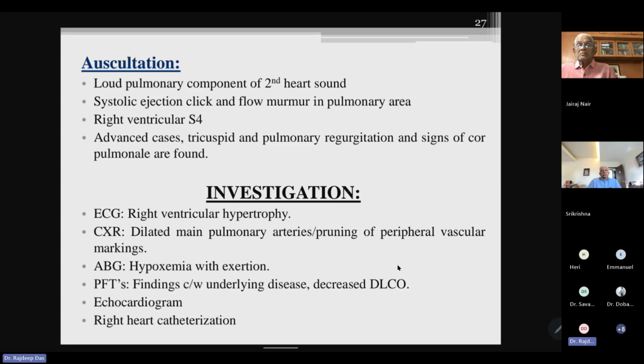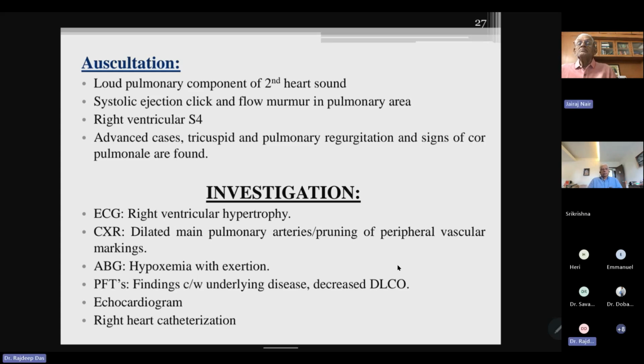The chest X-ray can show dilatation of the main pulmonary arteries or pruning of the peripheral vascular markings. The arterial blood gases may show hypoxemia with exertion. Pulmonary function tests may be normal or mildly abnormal, which can signify the underlying disease process, with decreased diffusion capacity. The echocardiogram is necessary for diagnosis. The right heart catheterization is ultimately the decision